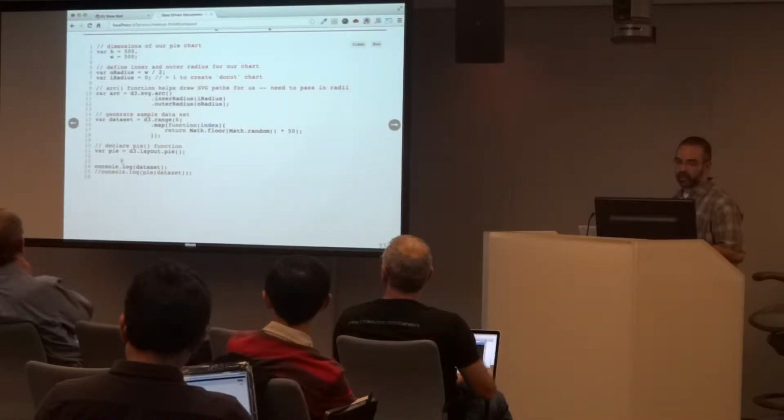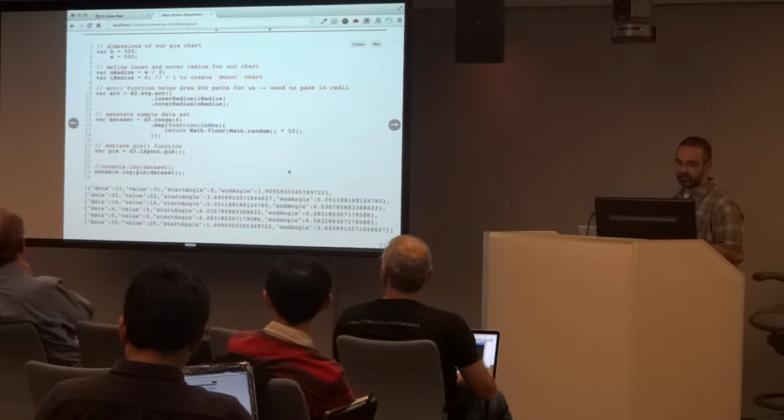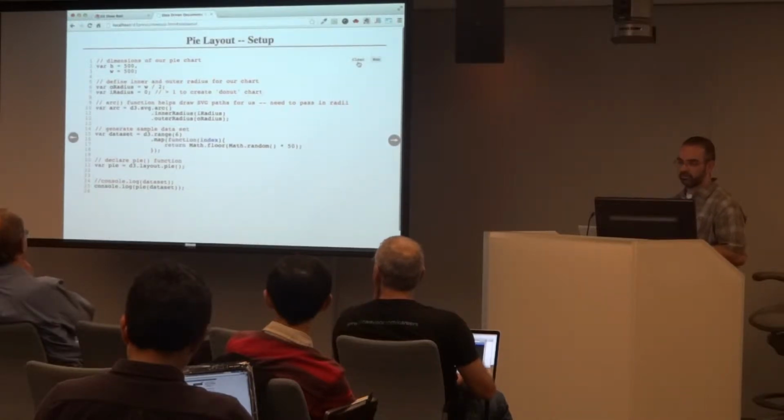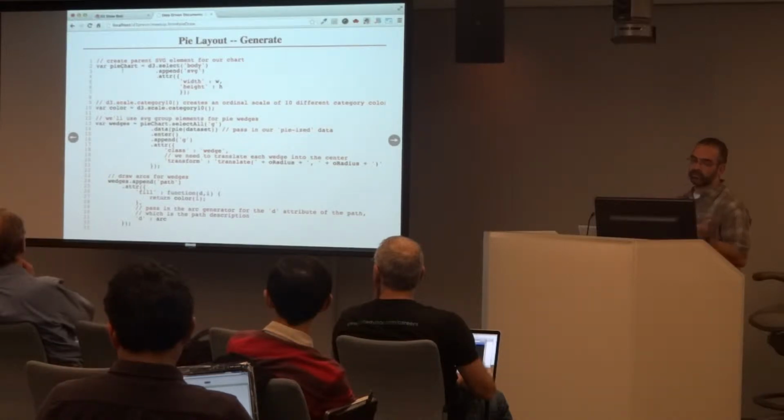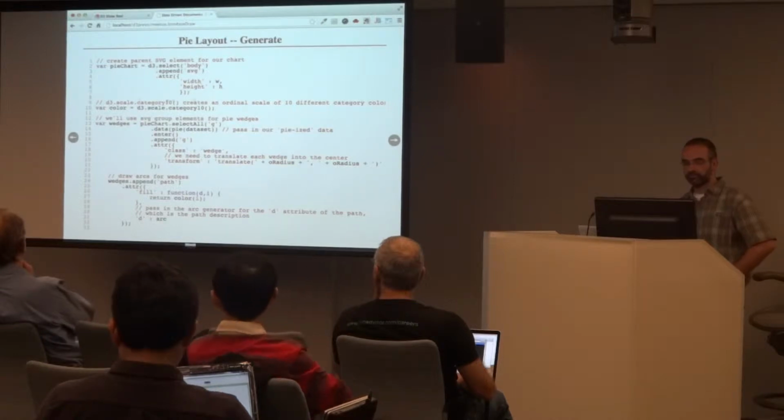But when I set up this pie function, it'll take this data, and if I call pie on it, it'll add all this other information to it. And D3 uses that information to create your paths for your visualization, your pie. So again, now we define an SVG element, we give it a width and a height,